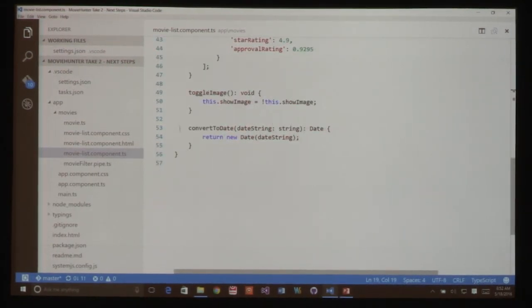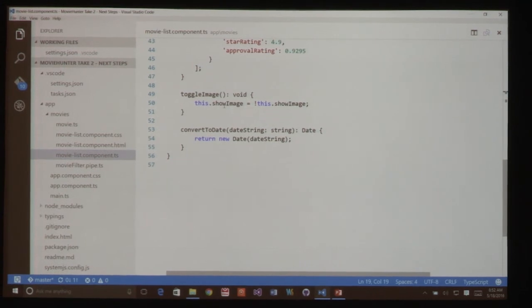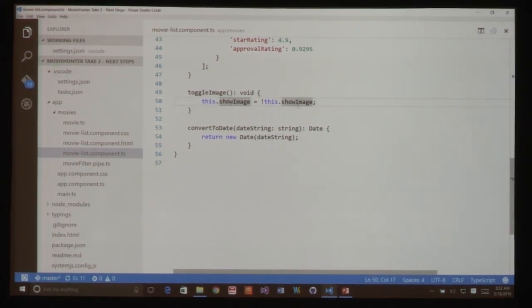And here is our toggle image method, which is just simply changing the value of this property. And here is that convert to date that's taking our string date and creating a new JavaScript style date from it. Okay? So our only purpose of this component is to provide the support for our HTML.